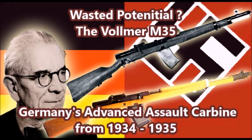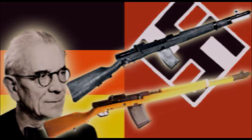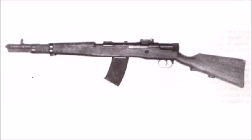This is J-Man Time, and today I have another largely forgotten weapon for you all. This weapon here is one of Germany's early assault rifle / automatic rifle projects of the interwar era, and it could have been the rifle that the Germans needed the most in the Second World War. This weapon system could have been the Sturmgewehr of the late 1930s, and that weapon system is the Vollmer M35,